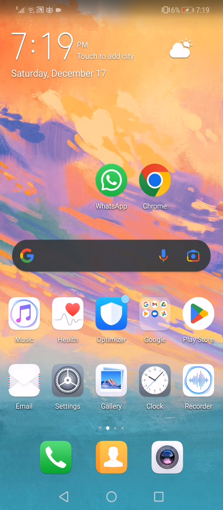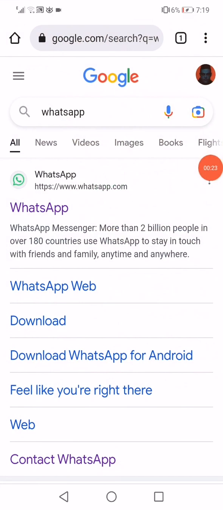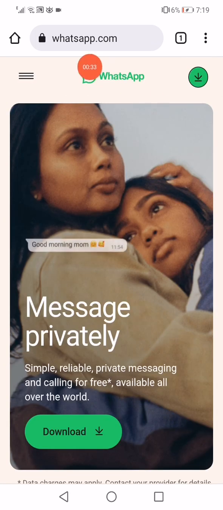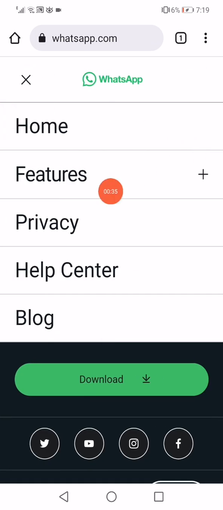So the only solution that you have is you need to open the browser that you have on your phone. For example, I'm gonna use Google Chrome and then go to WhatsApp, search for WhatsApp in Google and go to the whatsapp.com website. Go to the top right here on those three lines, click on them, click on the help